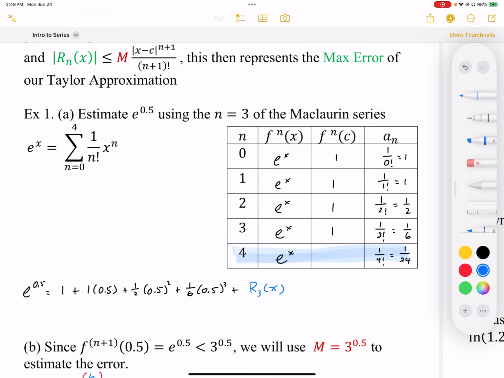So we have our approximation here. When we work this out, we're going to end up with